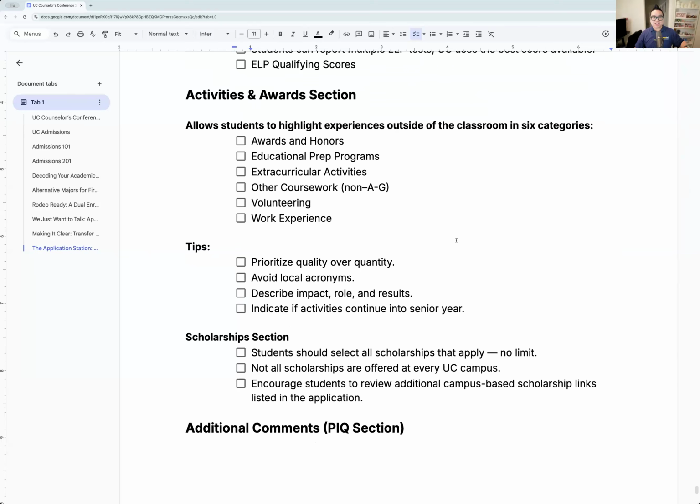When it comes to activities, there are 20 slots. We like to recommend using as many as you can. You put each under one of 6 categories. The categories don't matter. Put it into whichever one you feel makes the most sense. There's no right or wrong area here. Put everything here. The most important thing is the blurb, right? Make sure the blurb tells the readers who you are.